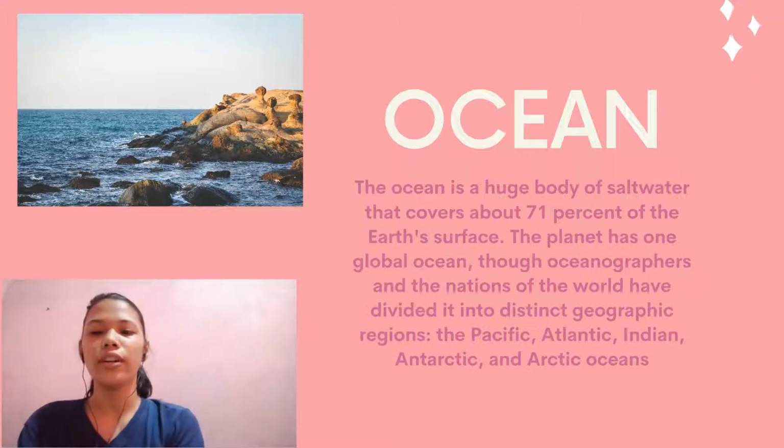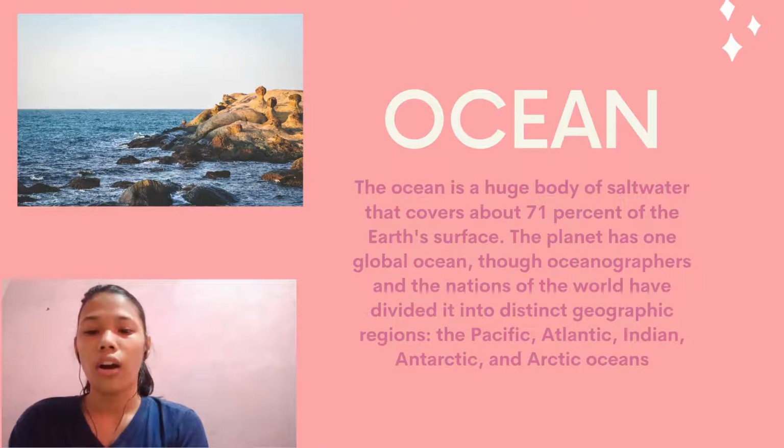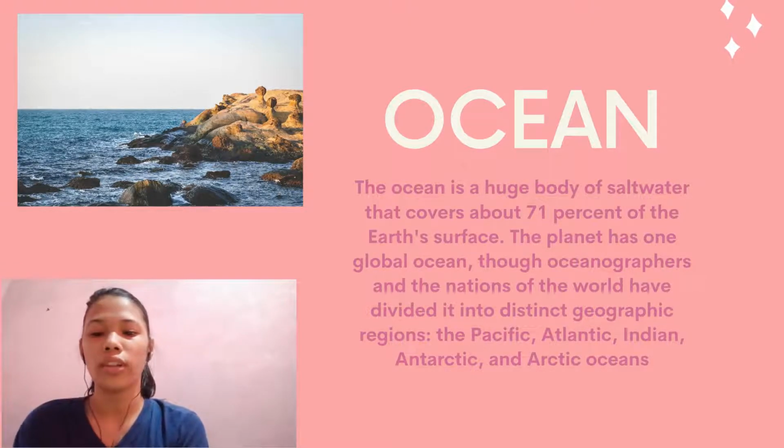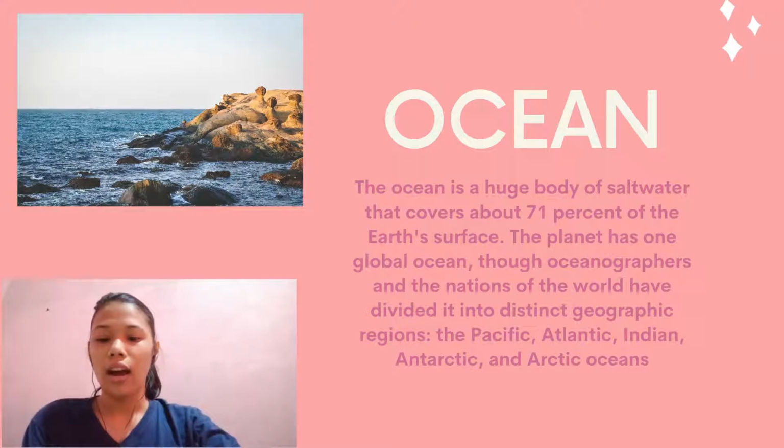The oceans are areas of salty water that fill enormous basins on Earth's surface. Even though Earth has one continuous body of salt water, scientists and geographers divided it into five different sections, from biggest to smallest. They are the Pacific, the Atlantic, the Indian, the Antarctic, sometimes called the Southern, and also the Arctic Oceans. Oceans are deep as well as wide.